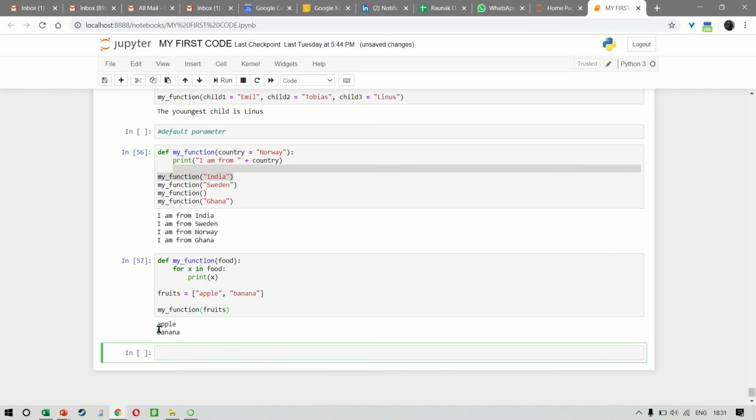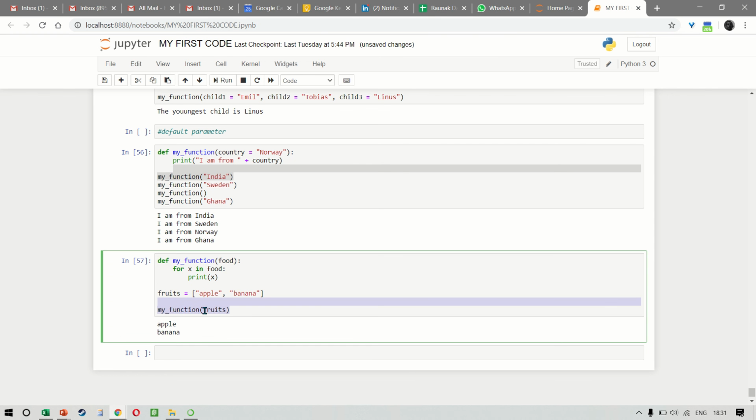It will result in apple and banana, like this, right? So we're writing a function and we are putting the argument as fruits, but the fruit is actually a list of fruits that I've taken.